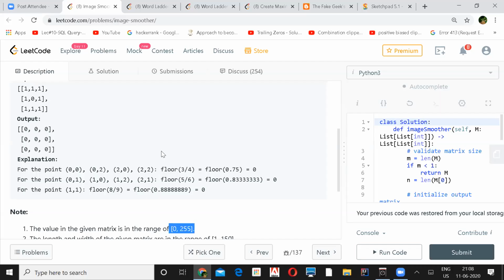Is there any other better way to do this? I think what you said, looking in all 8 directions for a given pixel and summing it up, I was wondering if there is some other way to do it. Because this is an easy problem, it might be a very straightforward solution. That is true, and what Ron is saying might also be the right one. But is there something more efficient we can do, or is this the only way?